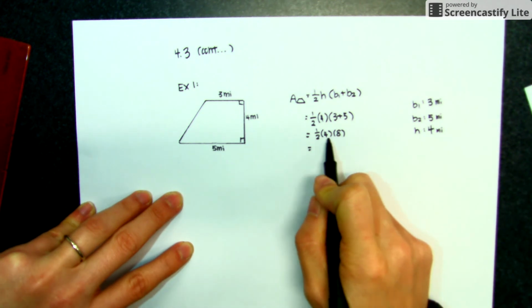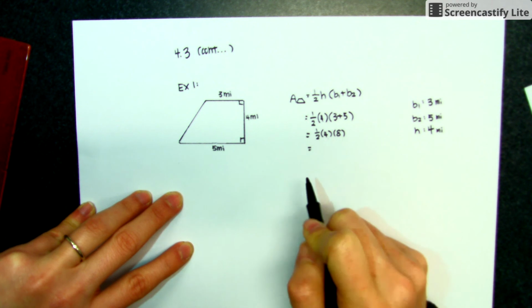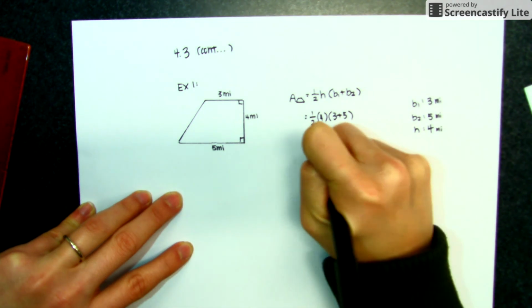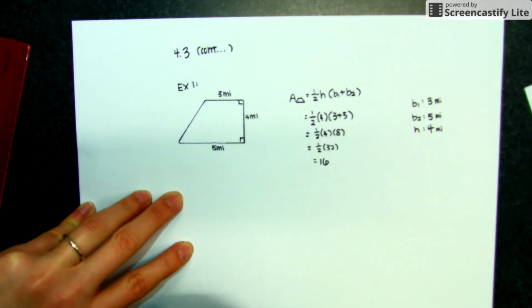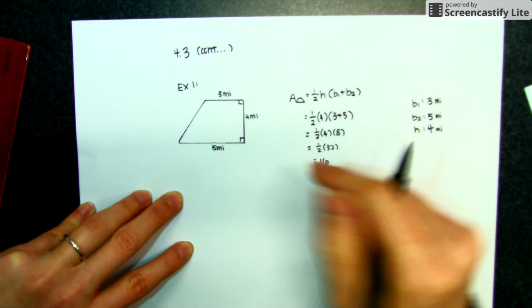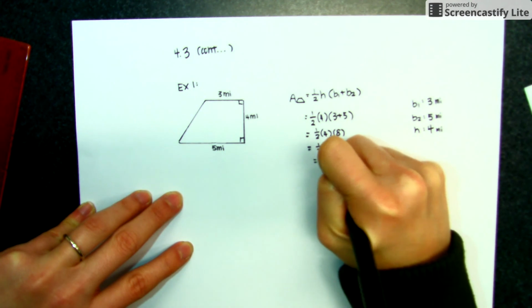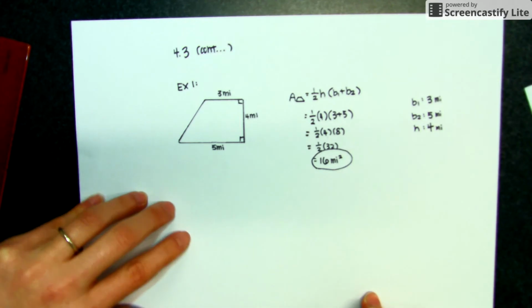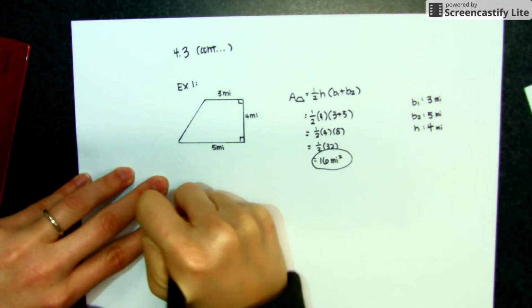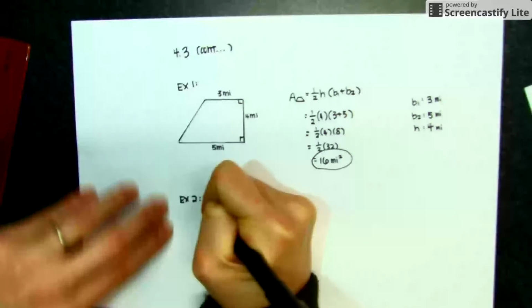I always like to multiply my 2 largest numbers first, so that's 4 times 8. 4 times 8 is 32. And then half of 32 is 16, okay? But you're not done with the answer yet because you always have to label, okay? So how we label this is this is in miles, so it's square miles because it's area, okay? And that's your answer. So that's example number 1. Example number 2,